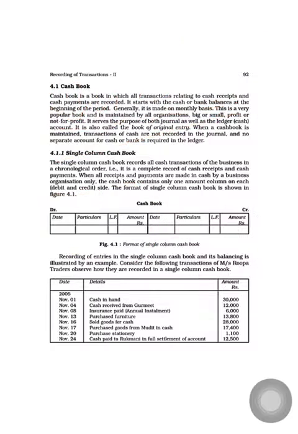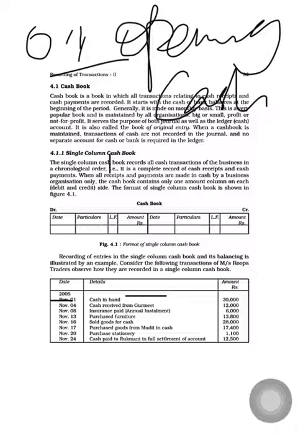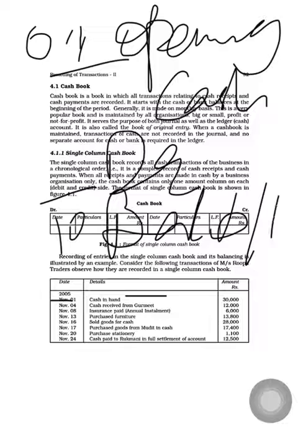Now let's move to the question. Here you can see cash in hand. It will be shown on the debit side, as the opening cash, because it is the first day of the month. Opening cash will always be written on the debit side as "To balance b/d". All items on the debit side start with "To", and all items on the credit side start with "By".